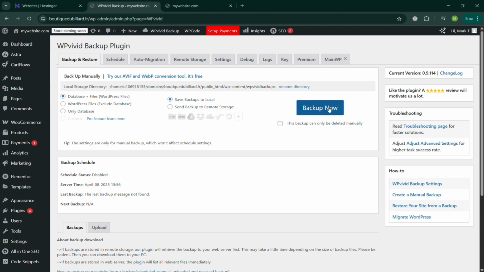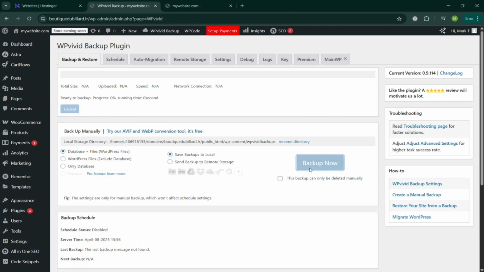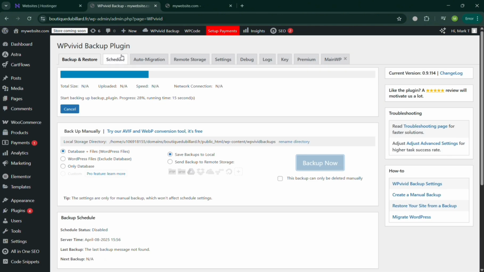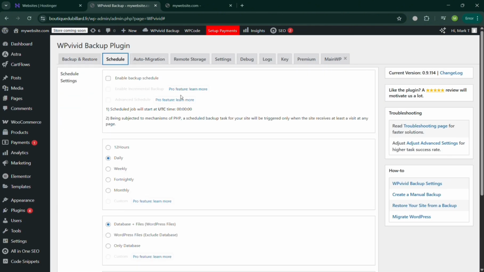And now it will show you that your website is currently creating a backup in here. So all you need to do is wait for it to load in here. But while we're waiting for this to be successful, we can simply navigate some other sections on the top panel, with here also the schedule option, where we can schedule when to back up by clicking this one. From here, you can enable the backup schedule with an option to choose either hourly, daily, weekly,